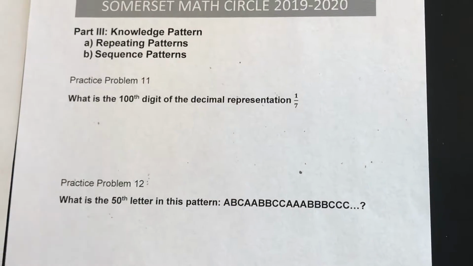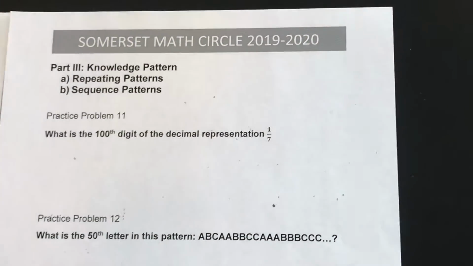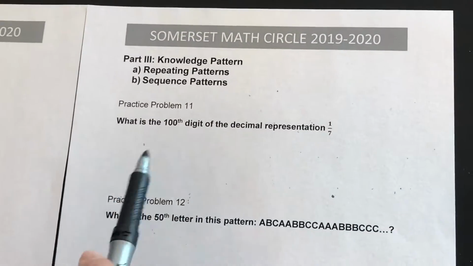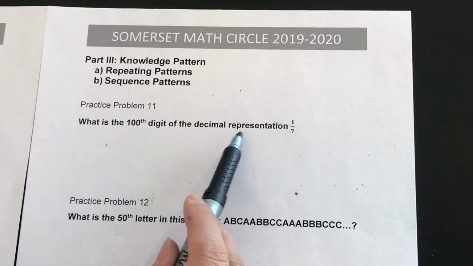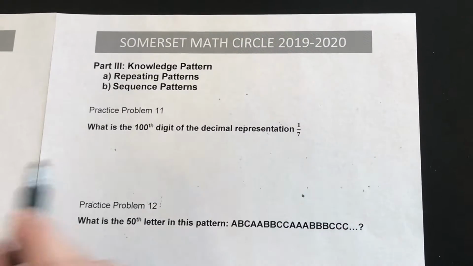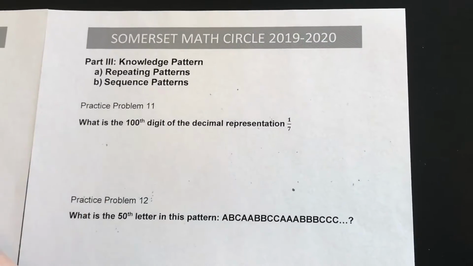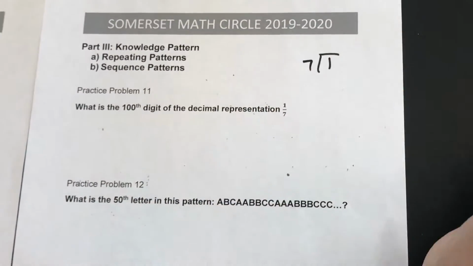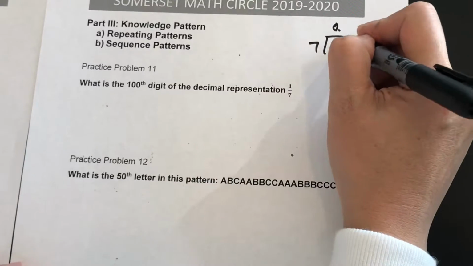Knowledge pattern. We'll cover repeating patterns and sequence patterns in this topic. Problem 11: What is the 100th digit of the decimal representation of 1/7? So this one, we really need to find out what the repeating pattern is. There is no way to get around it; you have to carry this out. 1/7, that would